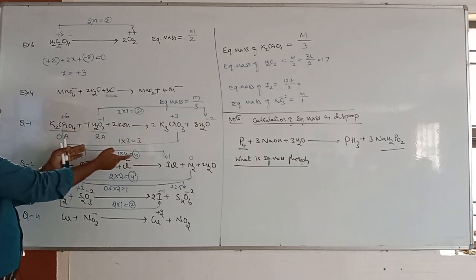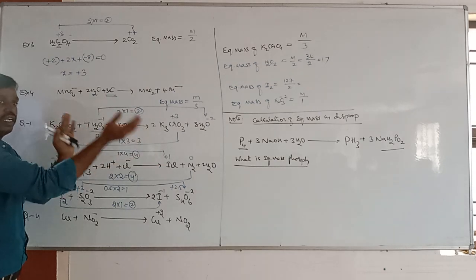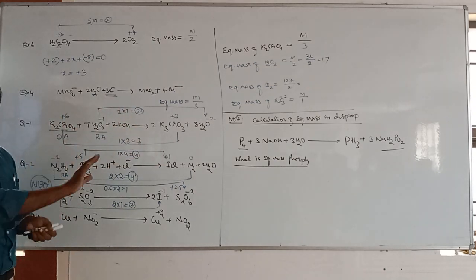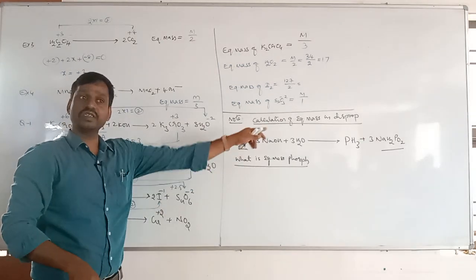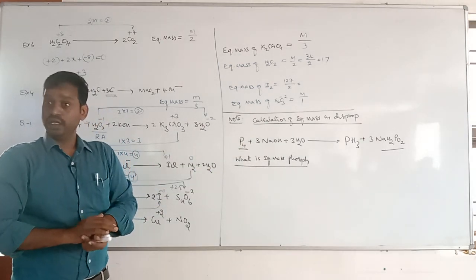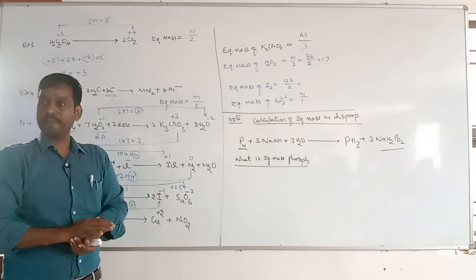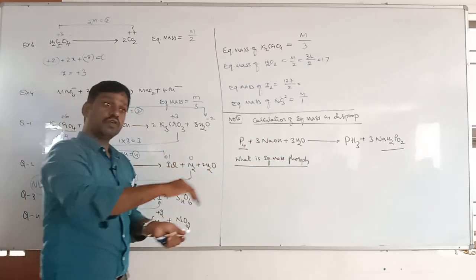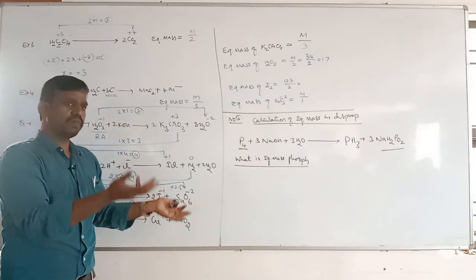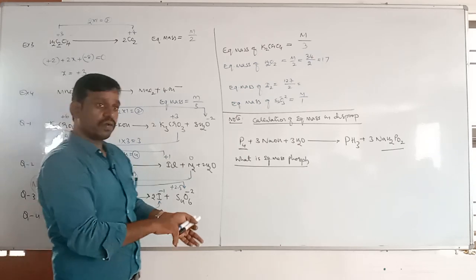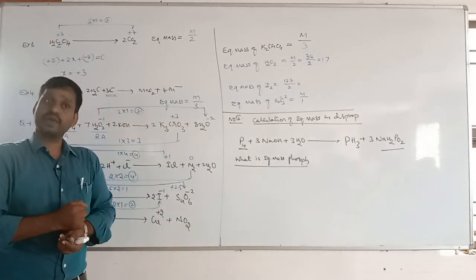When it undergoes oxidation, it loses electrons. Its molecular mass divided by the loss of electrons is the equivalent mass. That's clear. But the problem is when the same element undergoes oxidation and reduction, it loses electrons as well as gains electrons. Is the number of electrons lost equal to the number gained? May not be. Some cases may, some may not. So in this case, how do we calculate the equivalent mass?